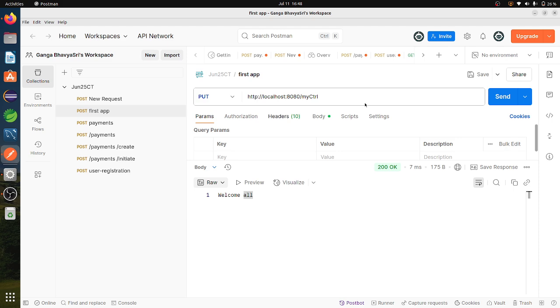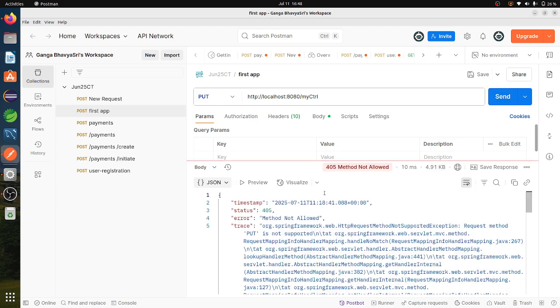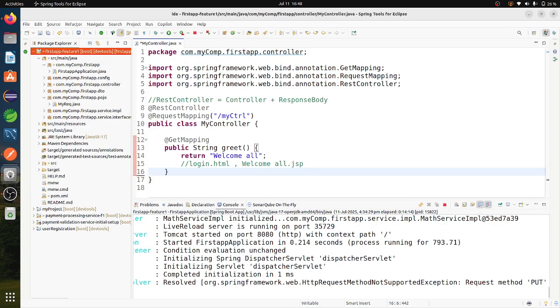Why? Because first of all, whenever a user passes a request, it will be taken by the controller. Then it is passed to the method.